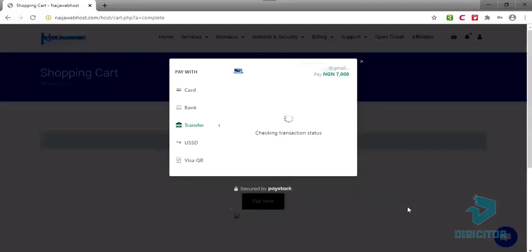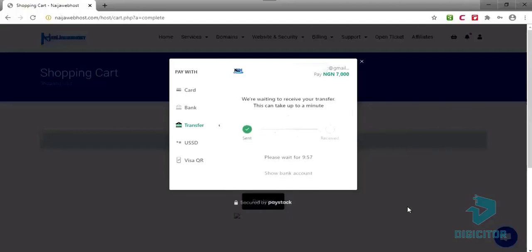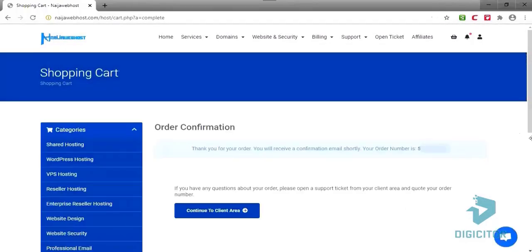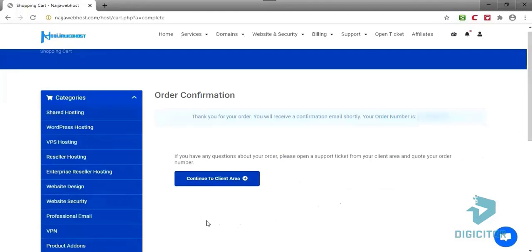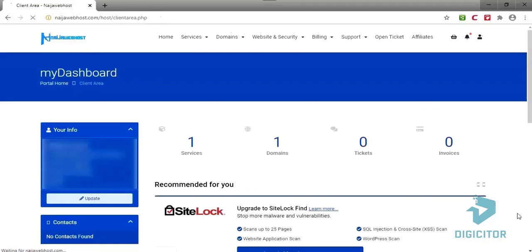So Paystack will now verify receipt of the money. This will take a few seconds. So the receipt of the transfer has been confirmed. Payment is successful. So now we can head over to the client area of your web host